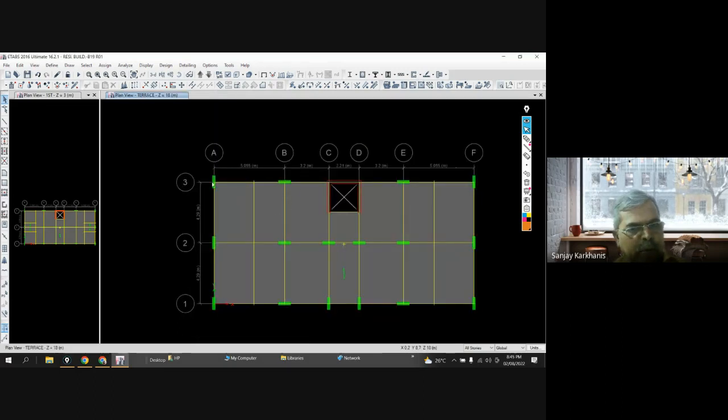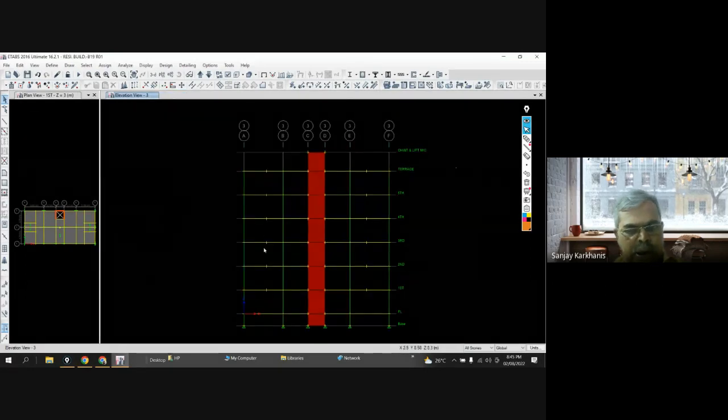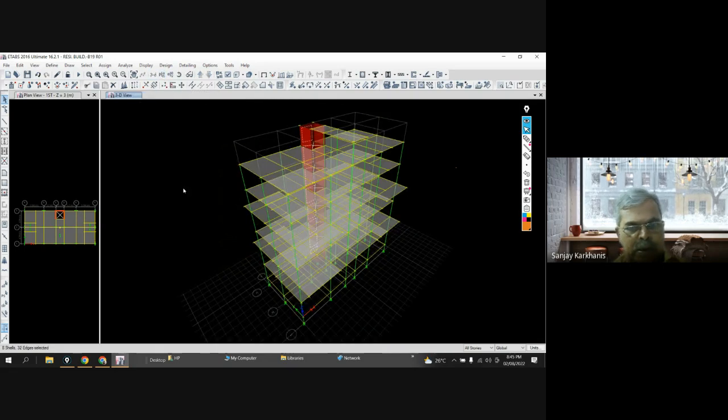See, I will go in elevation number 3. So elevation number 3, and in elevation number 3, what I will do, I will select all. Okay, clear? And after selection, I will delete them. And now if you see the plan,